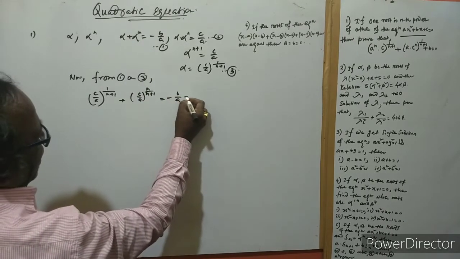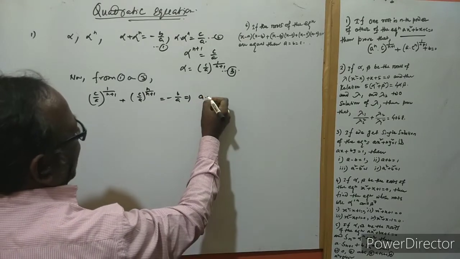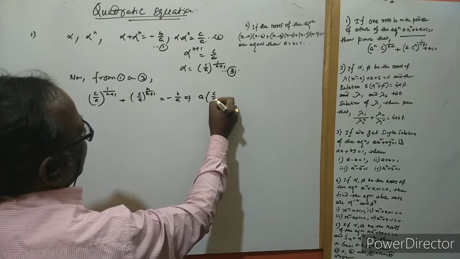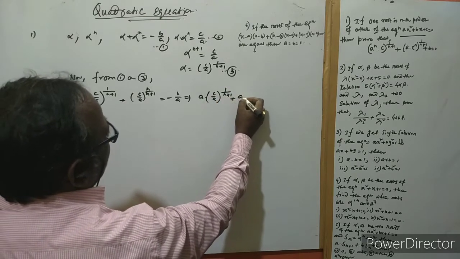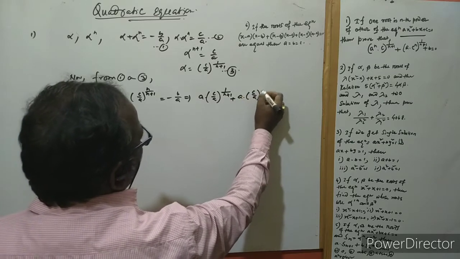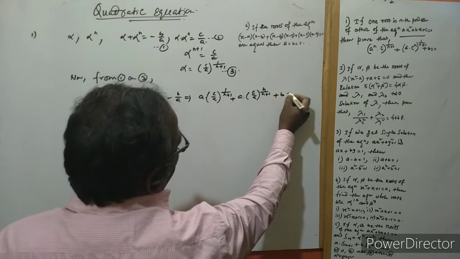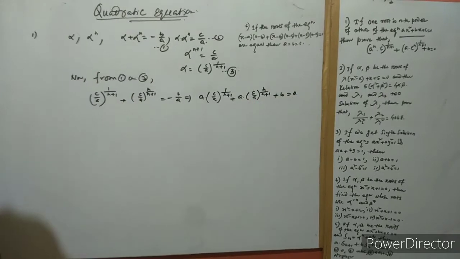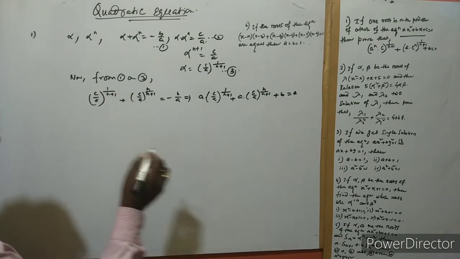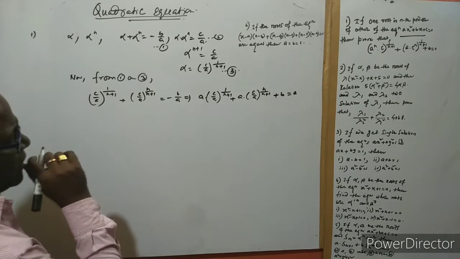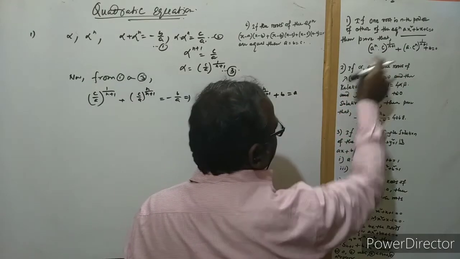Okay, and multiply a to the right hand side, so you get here a into c by a whole to the power 1 by n plus 1, and then a into c by a whole to the power n by n plus 1, and plus b equal to 0. Take the minus sign to transfer to the right and left hand side, then we get plus b here, equal to 0. Now see the calculation here is a to the power n and c whole to the power 1 by n plus 1.